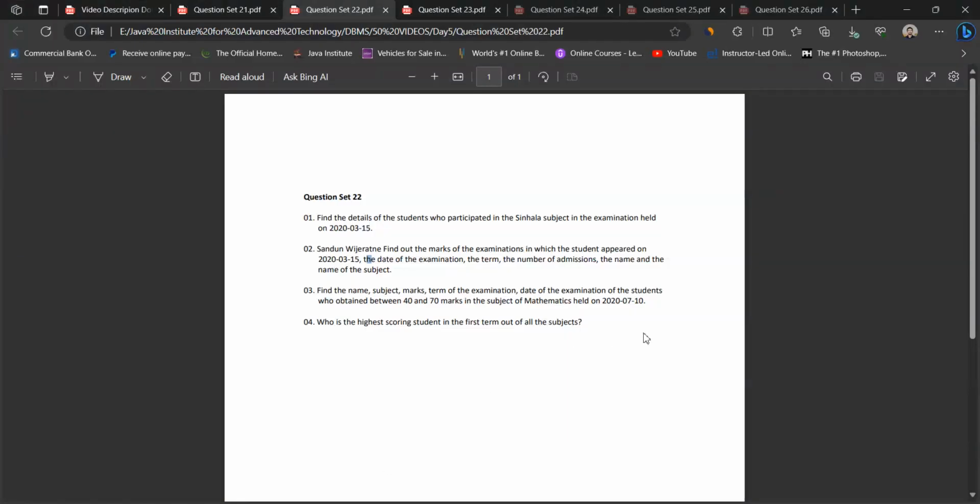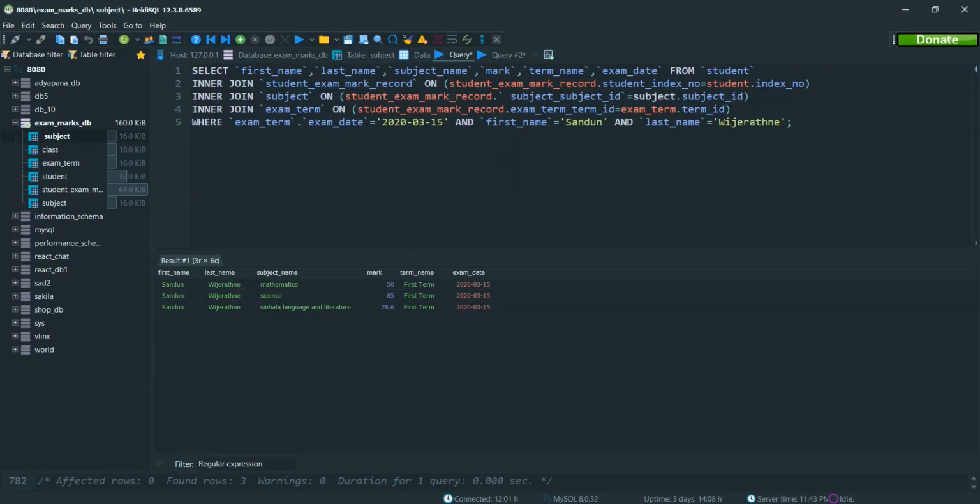To the next question, find the name, subject, marks, term of the examination, date of the examination of the students who obtained between 40 and 70 marks in the subject of mathematics held on this date. So when it comes to this question,